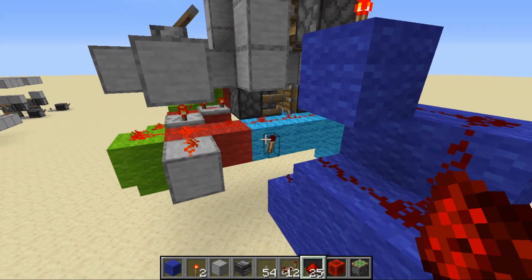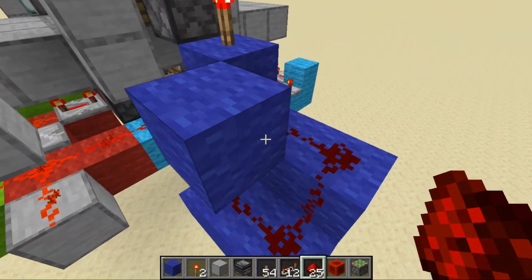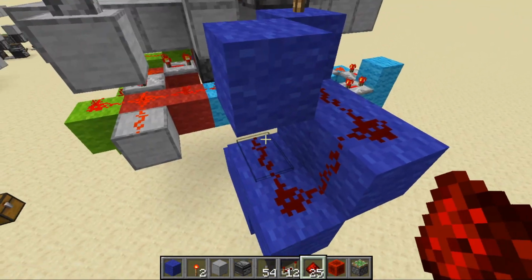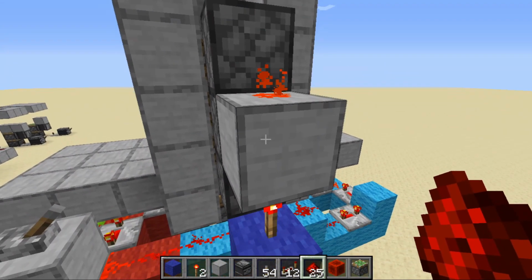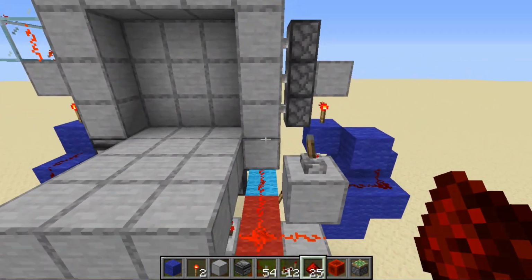I ran a torch powered off through here, and then I put this over here so it blocks this one and this one from connecting. That way the dust is actually running into the block to power off the torch, to power off the block, to power off the redstone dust, to power off the pistons. And then when I shut this off,